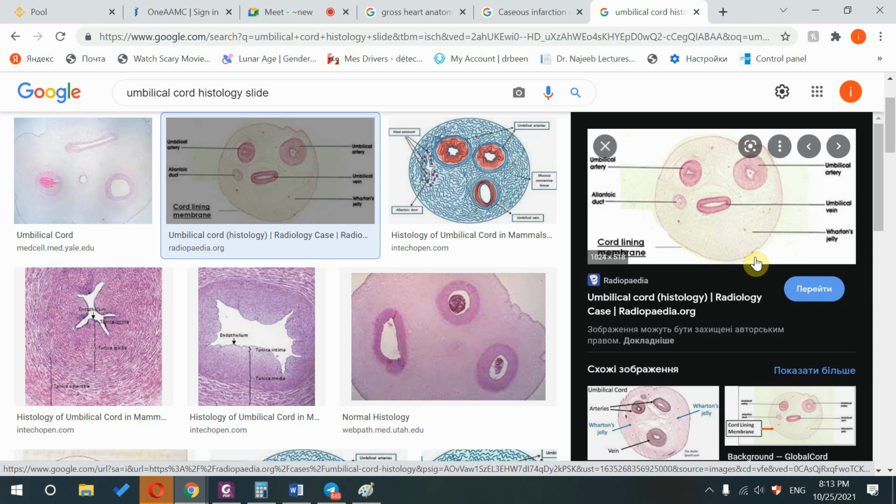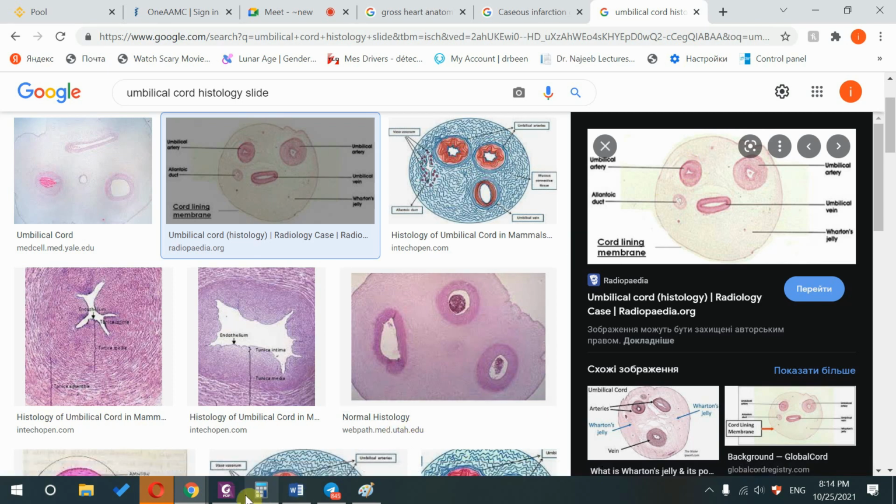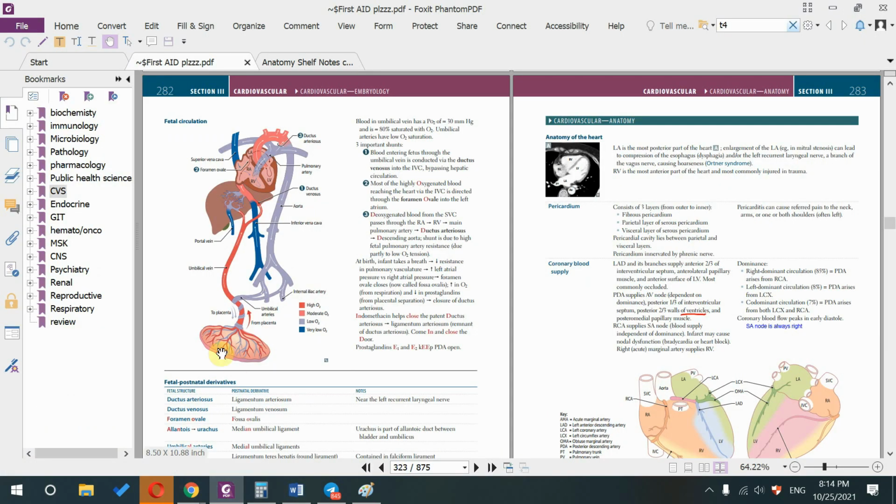Arteries have this internal and external elastic lamina. Veins do not have that. So arteries do not collapse. Veins collapse. See how it collapses on each other? So it's a vein. This one does not collapse, it's an artery. Okay. Now let's speak about the actual fetal circulation and why we have two arteries and one